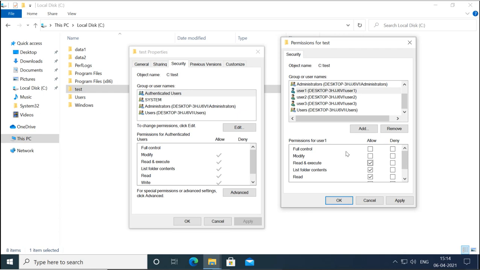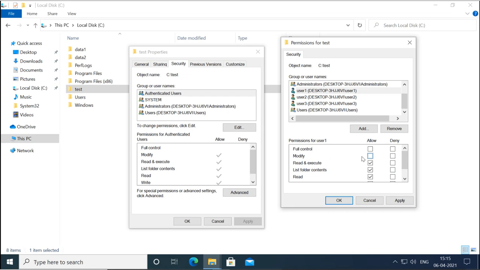Now there is one more thing, allow or deny. There are two options available, allow or deny. It is not like if I say read allow, then it is allowed, and if I remove the tick, then it is not allowed. If you click it, that means it allows the read permission. If you remove it, it is denied. Like if I add modify, that means it can modify, and if I remove it, it cannot modify. But why is the deny permission still there?